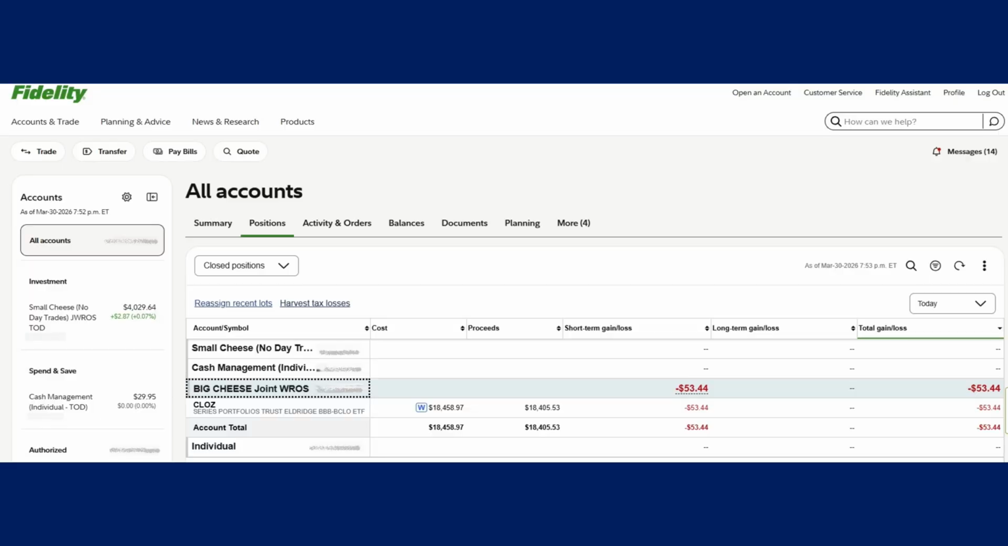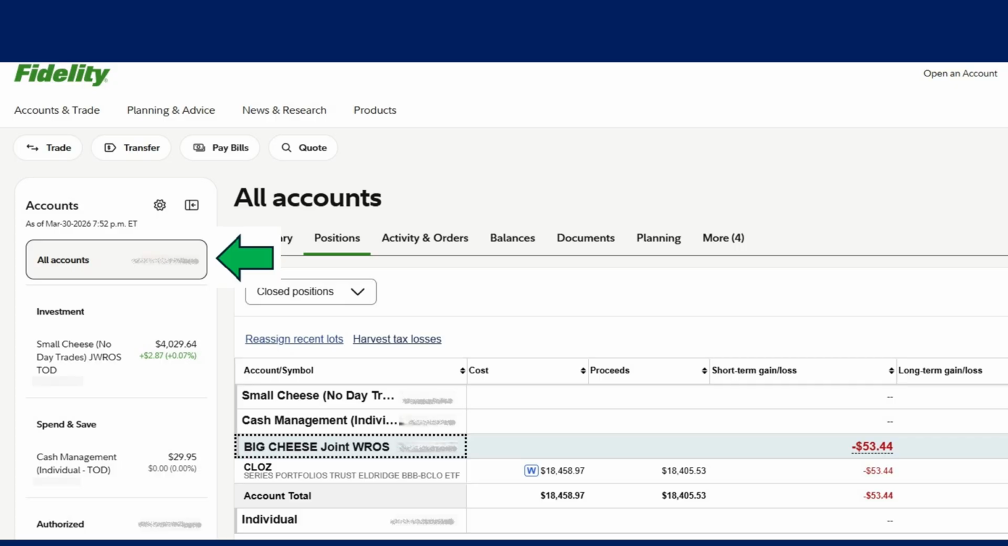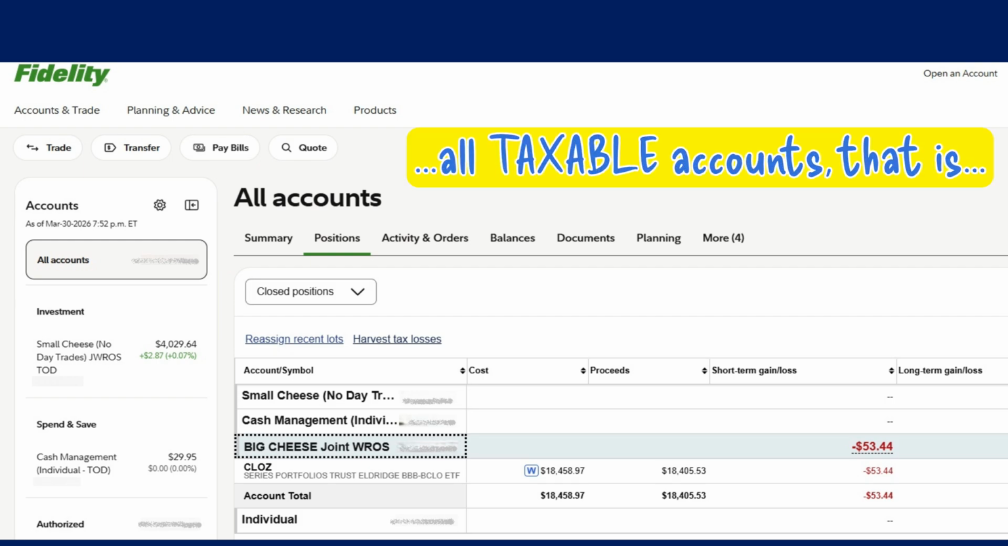So what we want to do is head on over to the accounts and trade, top left here. And what you want to do is click on where it says all accounts, that little button here. In this example, we've blurred out the account numbers and relevant data, but you want to click on all accounts. What you don't want to do is just click on any of the component accounts inside